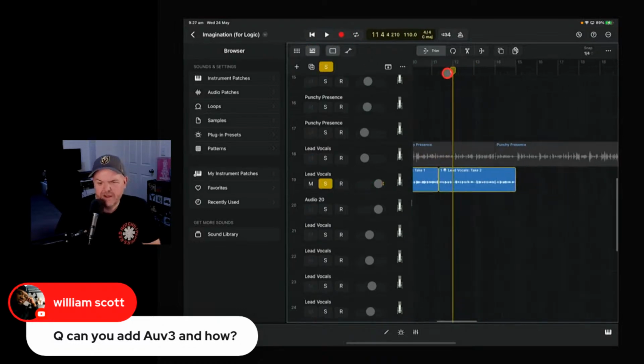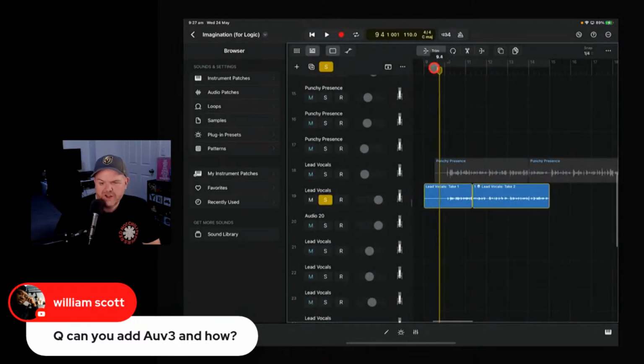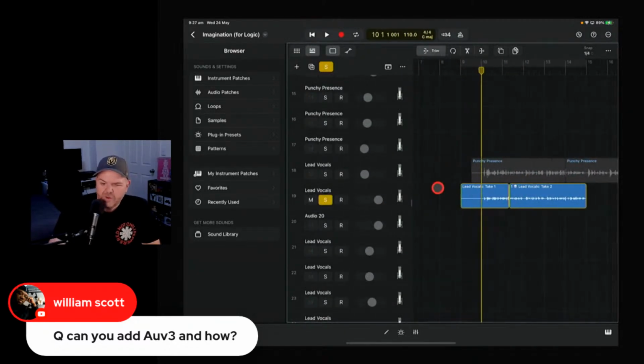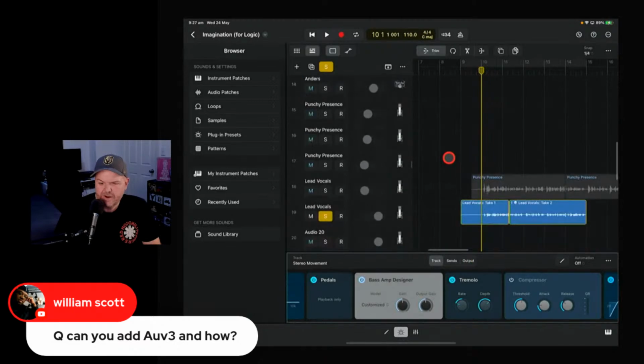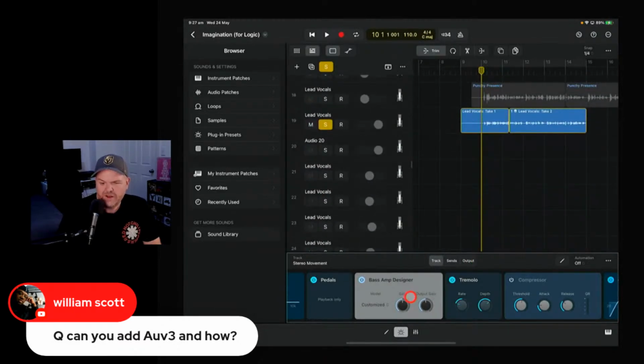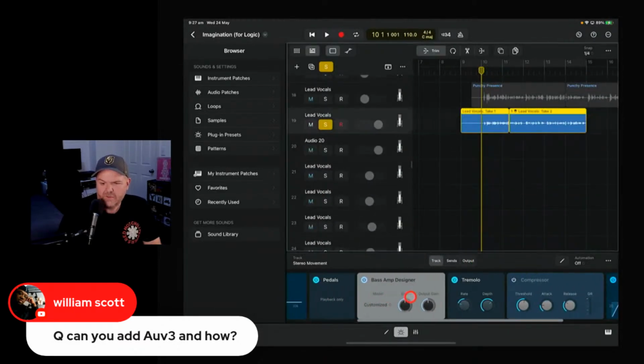So it's already got a few plugins on there, but what if we wanted to swim this in delay? Well, there's a few ways that we can approach plugins here in Logic Pro. We can use the plugins button down the bottom here and just scroll down to find, there's our track. And we can use this to add in different plugins. So we'll tap on our track there.